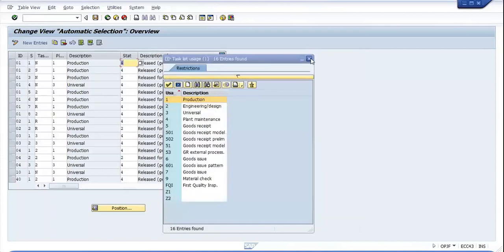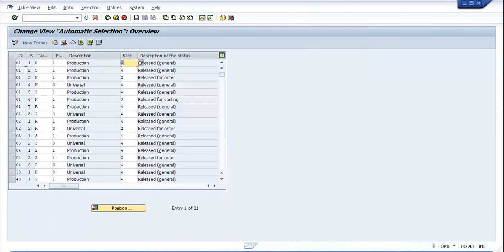So basically, if you see, there are only 3 things working. One is the ID. This is a sequence, because if you are making 3 IDs, then 1 2 3 is the sequence. Then the important one is the task list type, whether plan uses, whether it's a production or a universal, and what is the release.